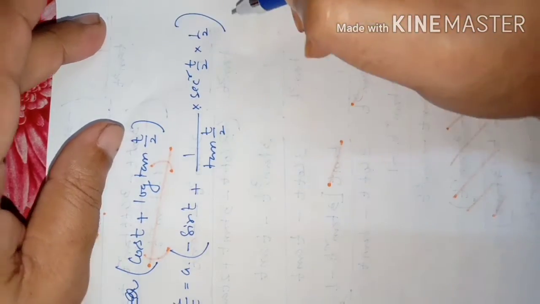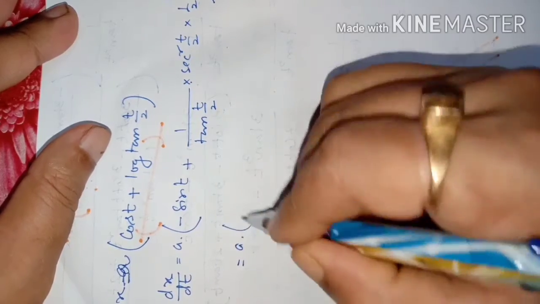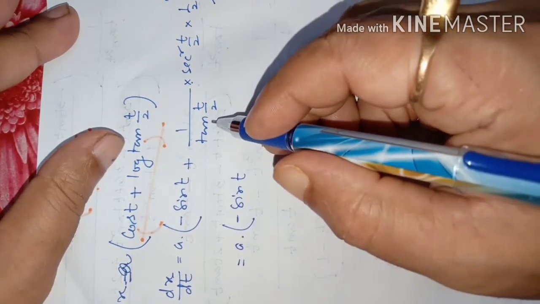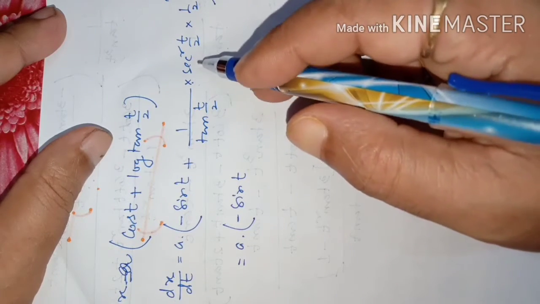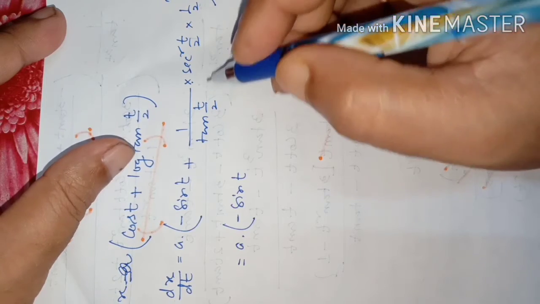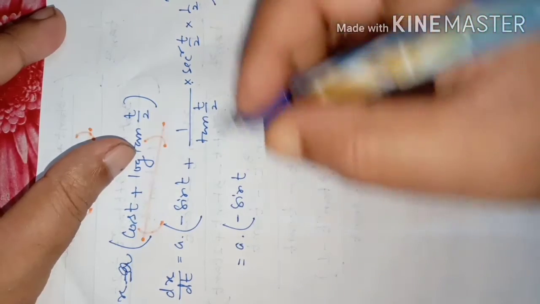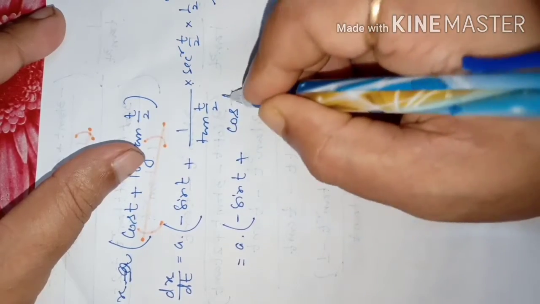So this is the one. Now here will be a into minus sin t plus 1 by tan t by 2, and this is sec square t by 2. So we can write it as sec square is actually 1 by cos square, and tan is sin by cos. Cos will go up, so it will be like this, plus cos t by 2